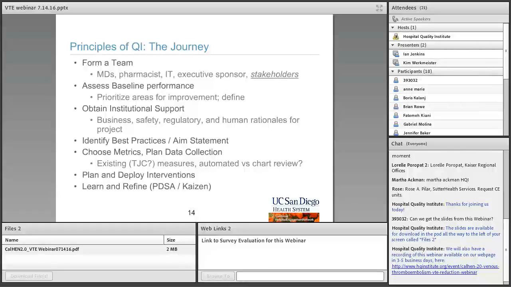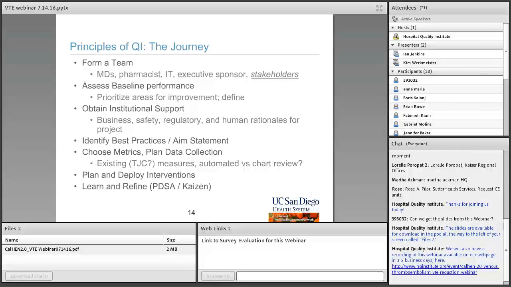Next step is to assess your baseline performance. You have to figure out what areas you really want to focus on, and you have to define what you're going to study. If you don't have data, you can't improve anything, so you really have to decide what measures you're going to follow. Once you know how you're doing and you have an idea where you want to go, it's time to